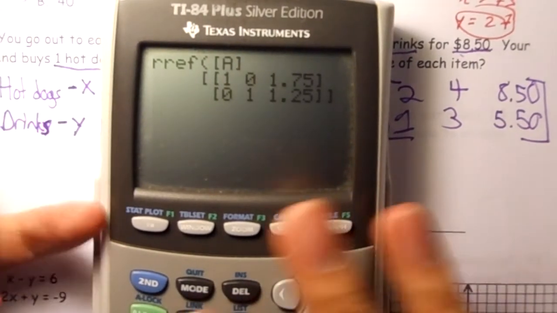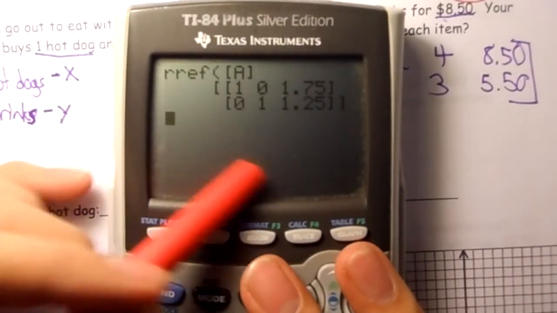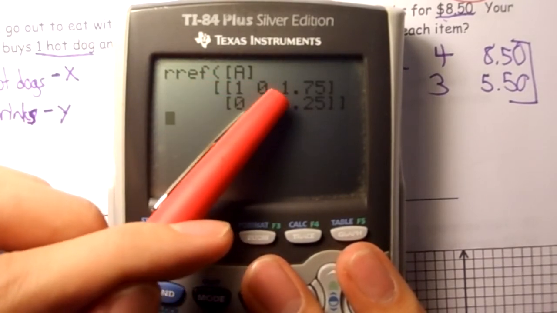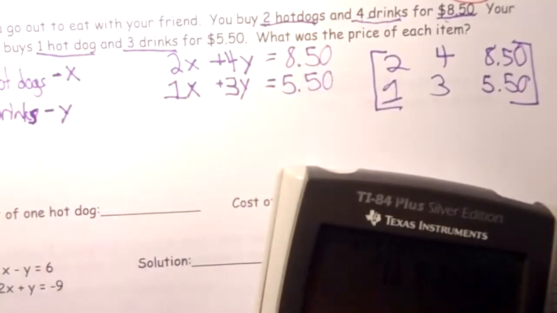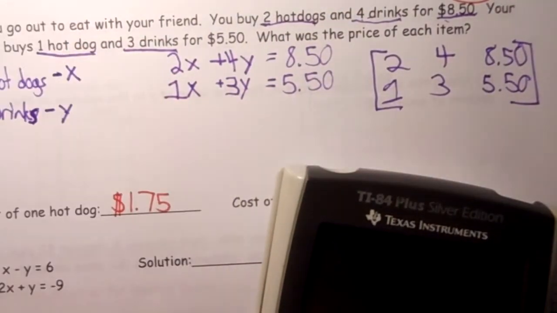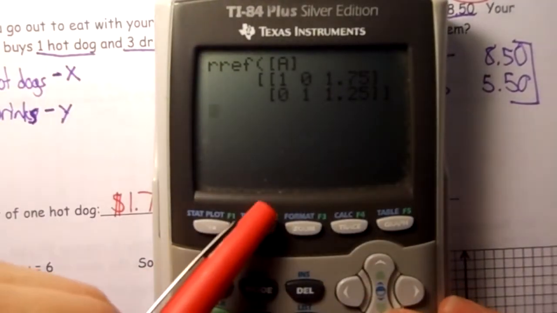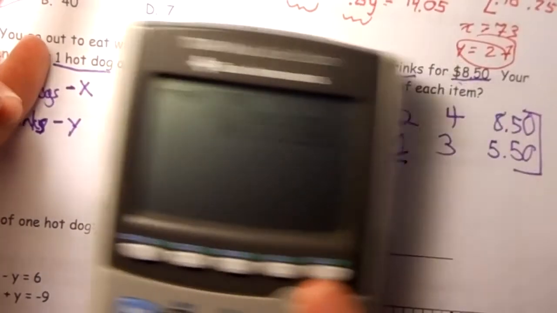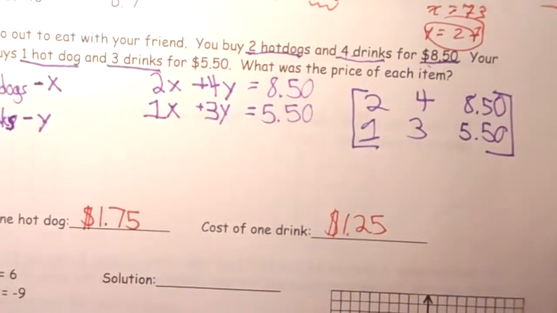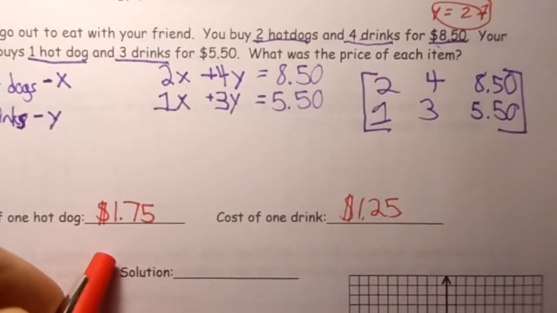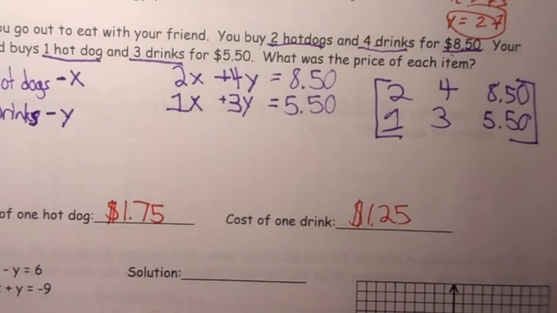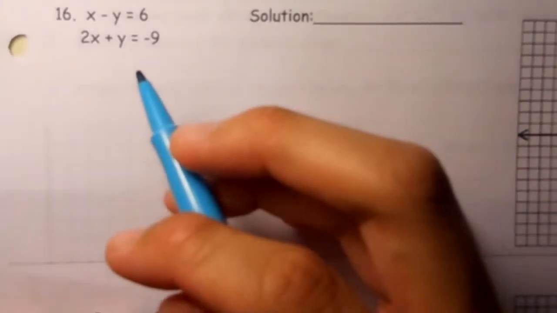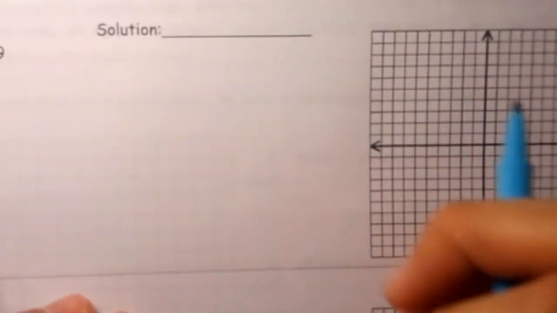So that top row, we have an x value. That top row with the 1 here means this is the cost of our x variable, which is $1.75. And on the second row with the 1 here, this means it's our y. That's $1.25. So the cost of our products, hot dogs were $1.75 each, and the drinks were $1.25 each. Yay! Okay, so for the next couple of problems, we are going to have to be solving these by graphing,